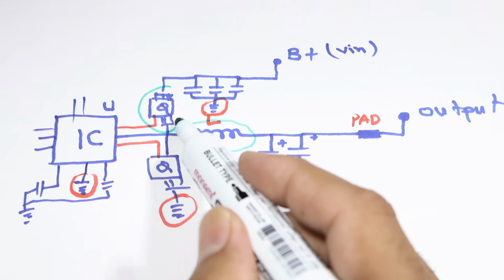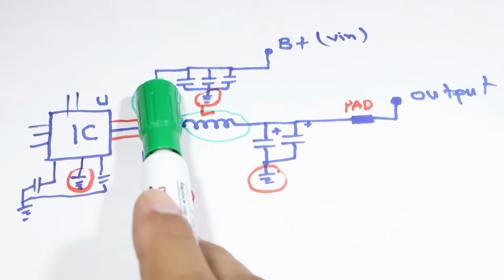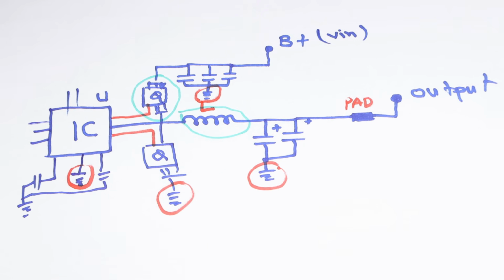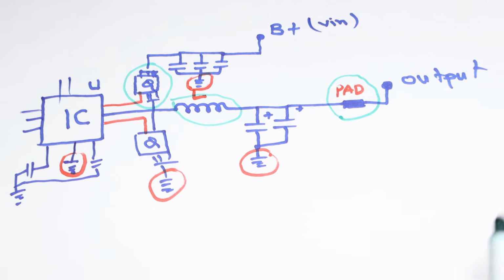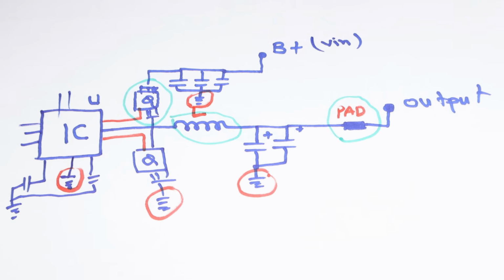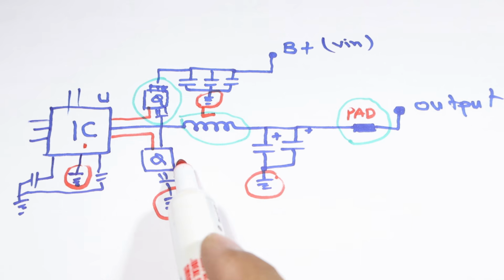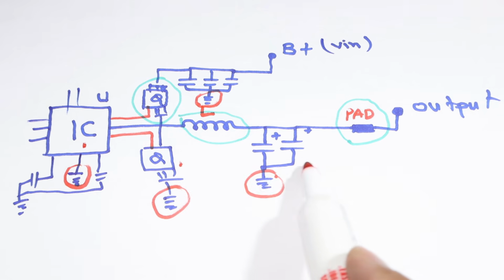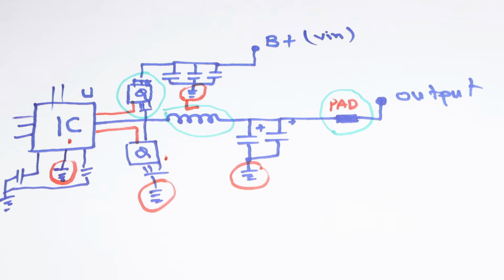And the high side MOSFET is not connected to the ground, and it shouldn't be, because it is connected to the power rail and connected to the IC on the other side. Of course the pad also is on the power rail. So when you have a failed circuit, as I told you, check those components first. The IC, this MOSFET usually becomes shorted, these capacitors here, and also the input capacitors, especially when you get